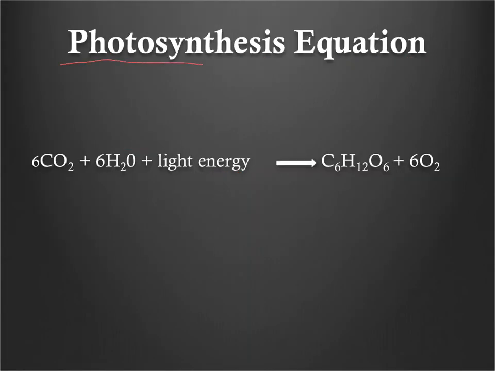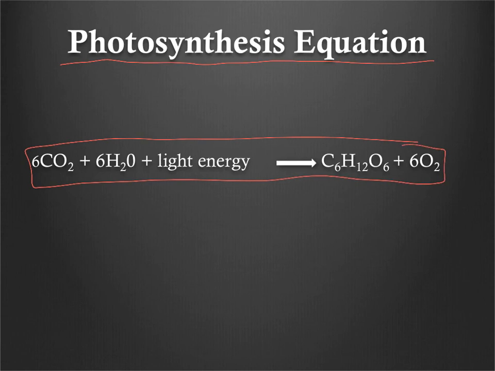So back to our photosynthesis equation. Remember, you need to know this. You need to know this whole thing. 6 CO2 plus 6 H2O with light energy produces C6H12O6 and 6 oxygen. Okay, again, 6 carbon dioxide. Carbon dioxide is going to be used in the Calvin cycle as a reactant, plus 6 water is going to be used in the light-dependent reactions, and it breaks up into 4 electrons, 4 protons, and oxygen gas, plus light,